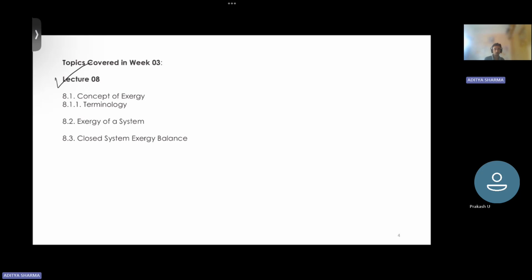So what is the potential of the energy in a system that can be used to get work from that system? So this is exergy, according to one statement. Another statement says that it is the maximum theoretical value of work from a system,